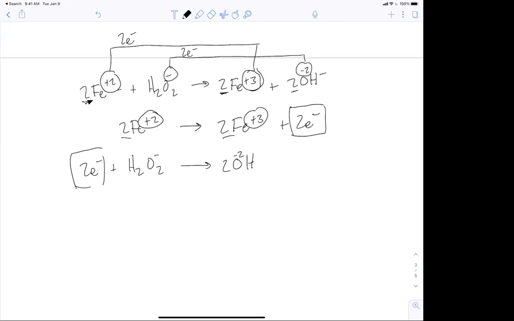Question 9. In order to force a chrome finish to form on the bumper of a steel car, what has to happen? Yeah, it's sort of a weirdly worded question. So I guess steel is going to be iron, and then you're depositing chrome. So you'd have chrome in solution, like chrome +2 or +3, and then you want to force the chrome to plate out on the